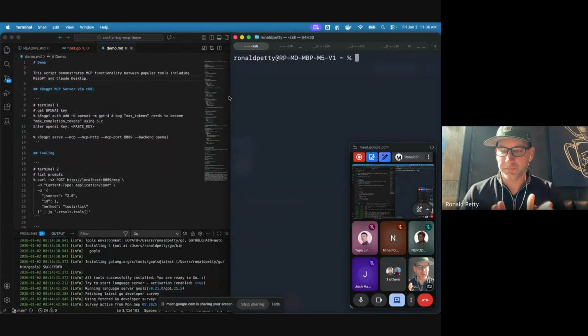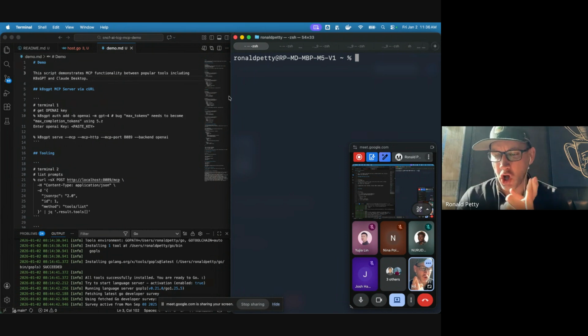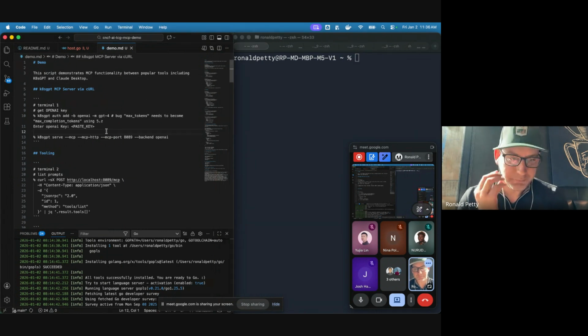So what I'm going to do is show a couple of different configurations of things, just so you can have an idea what you can do with MCP. Because we're running out of time, I already set up Claude, so I have an Anthropic account. I already set up OpenAI, so I have an account there, right? So I have keys and things like that. I'm not going to redo all that, but just something to keep in mind. So the first demo we're going to do here is with